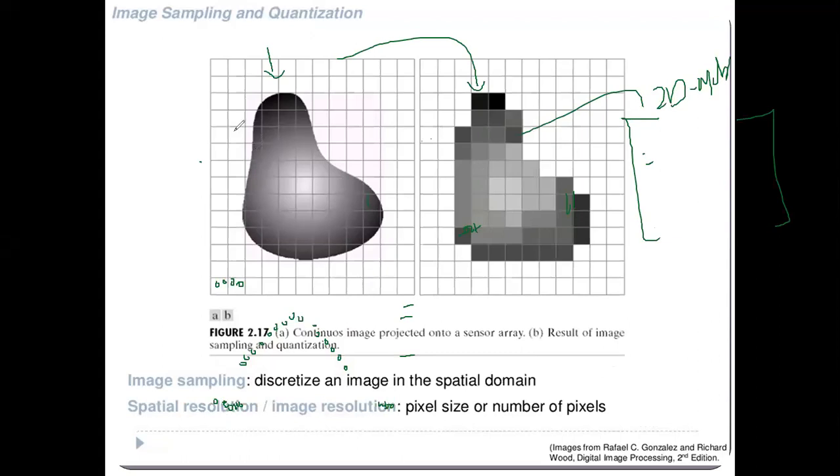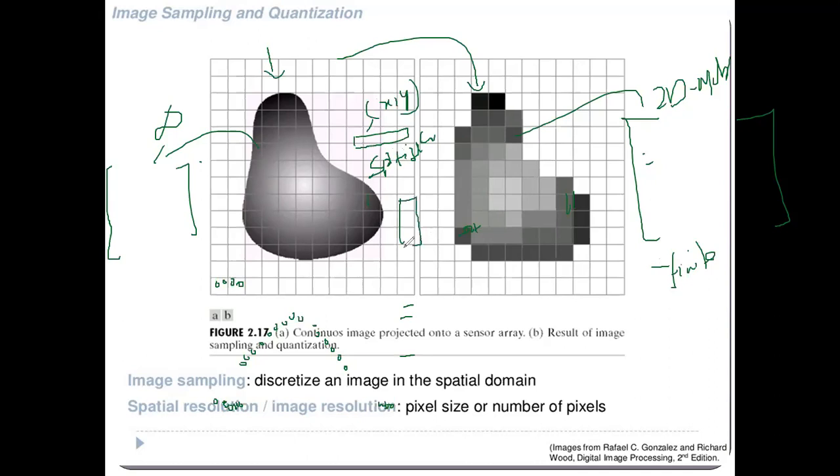But I cannot represent this in a 2D matrix format, because to represent it I would need an infinite number of pixels. But here we have a finite number of pixels. Now how is it converted? We have performed sampling with respect to the coordinate axes x, y, which is called spatial sampling, or sampling of spatial coordinates. Then we have performed sampling with respect to the intensity, which is called quantization.